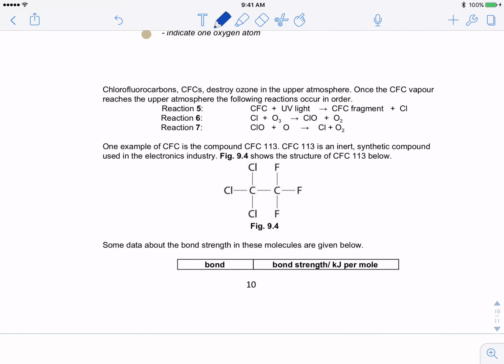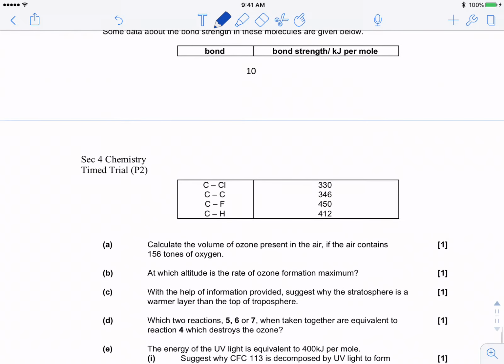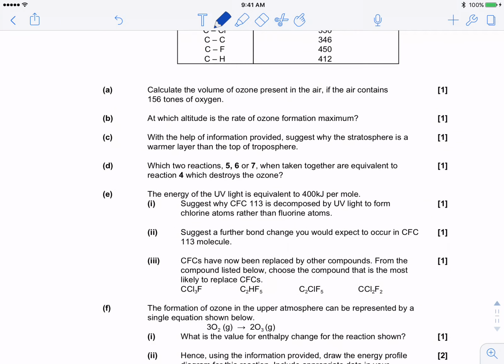Chlorofluorocarbons, CFCs, destroy the ozone. CFC-13, CFC-113. Inert, synthetic. There's some data about bond strength. That one we'll use later. Calculate the volume of ozone present in air. The air contains